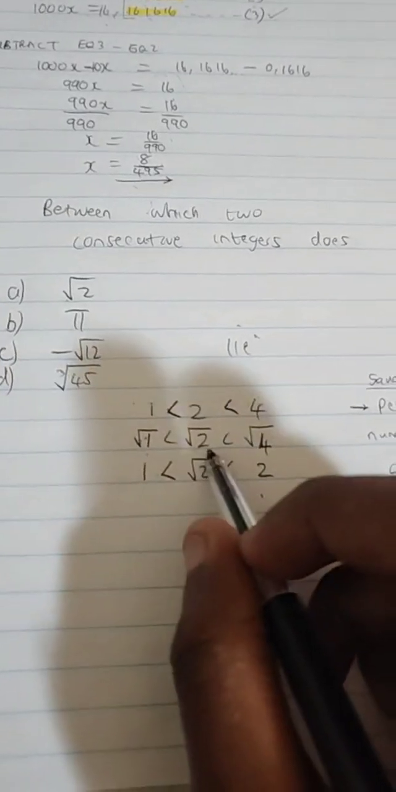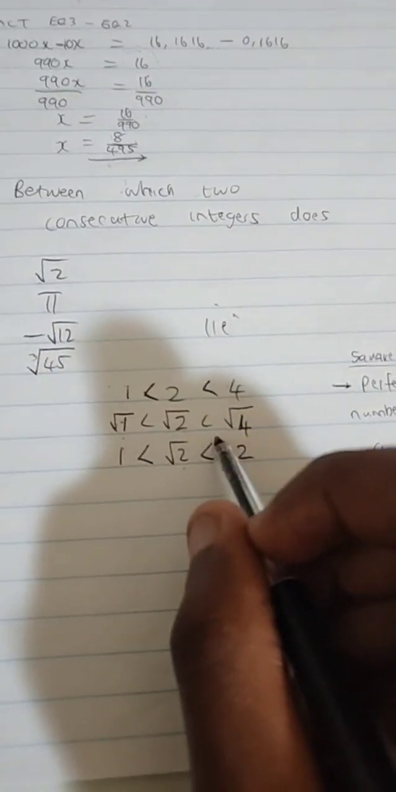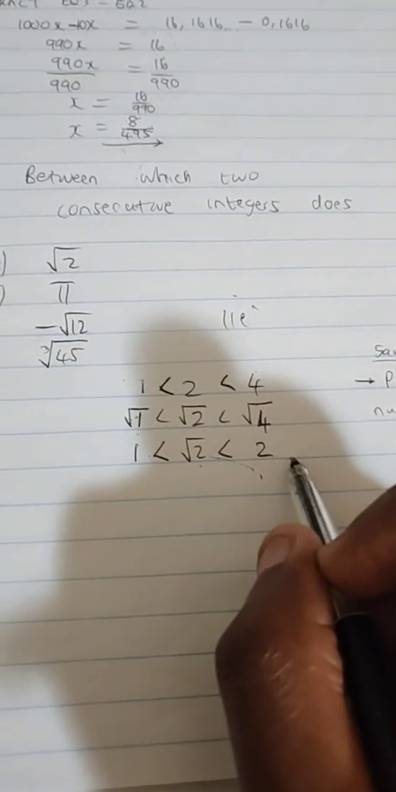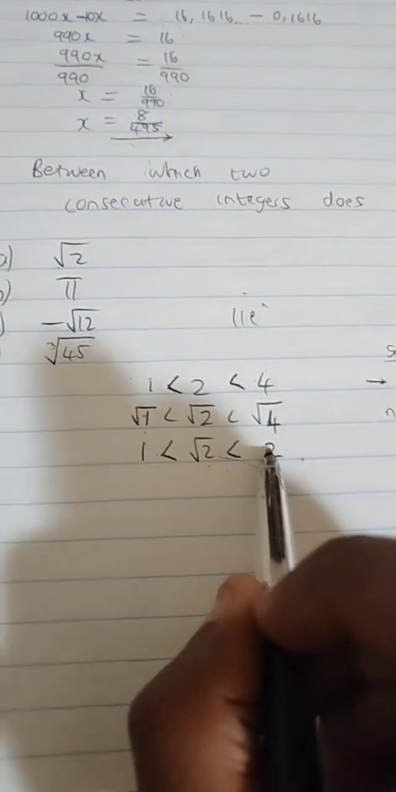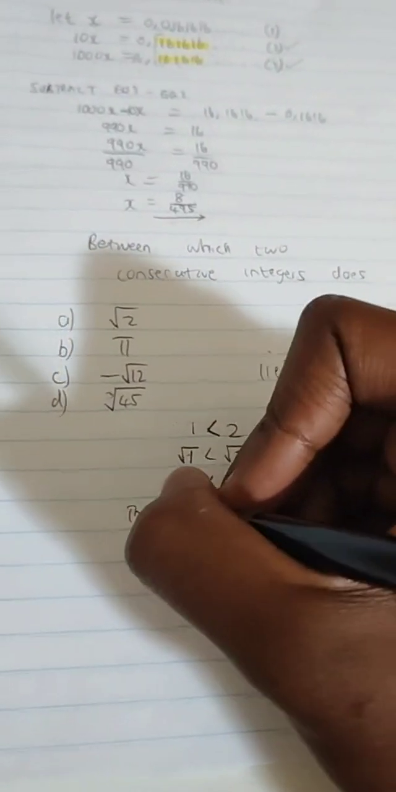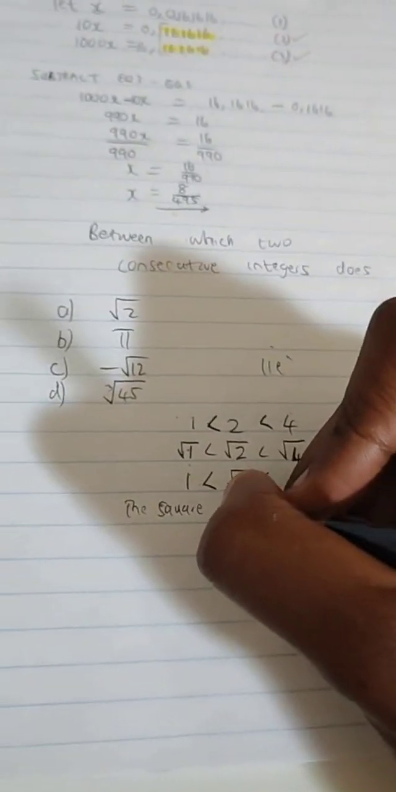The square root of 2 is greater than 1, but less than 2. I repeat, you read this from the middle to the left to the right. How do we read it? The square root, you don't have to write this down, but I need you guys to understand. The square root of 2